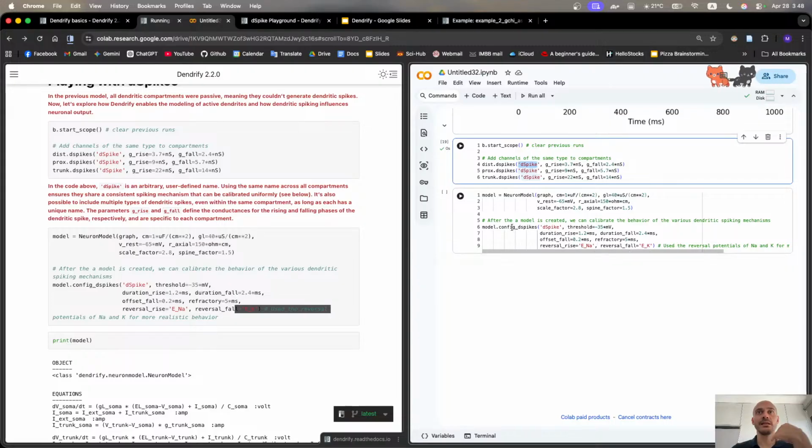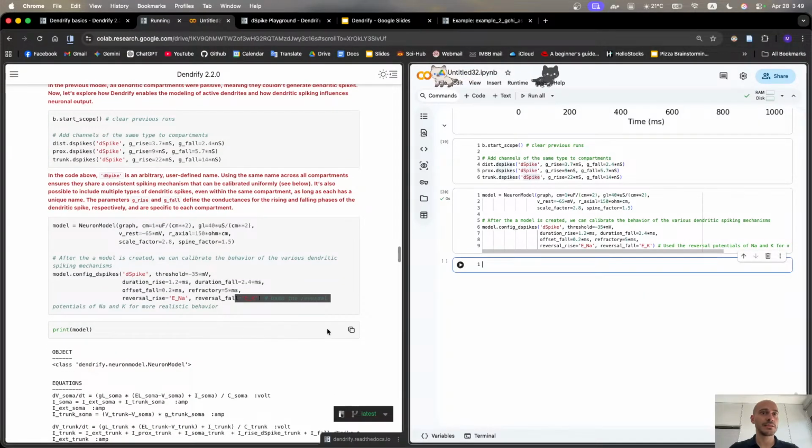And everything that I added inside config the spikes is going to be a property of each individual compartment. In case you had another dendritic spike, let's say I didn't call it the spike, I called it sodium or something like that, and I wanted this compartment to have different properties, then I had to use another config the spikes, where instead of this spike, I would have sodium inside there, and then here I would specify the properties of this channel. So here, this config the spikes, let's say, allows us to configure channel-specific properties that are common between all compartments. So I run this,